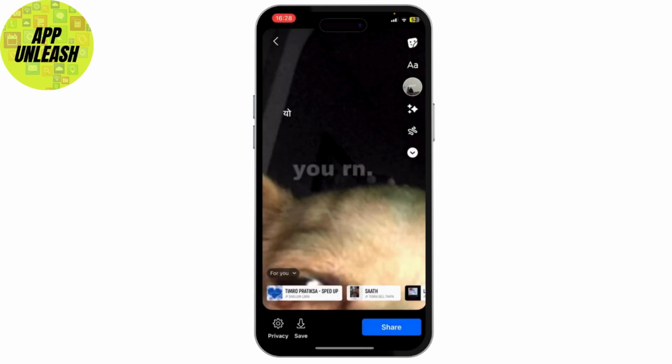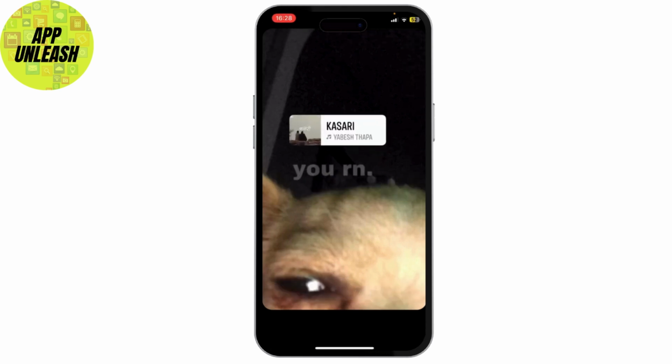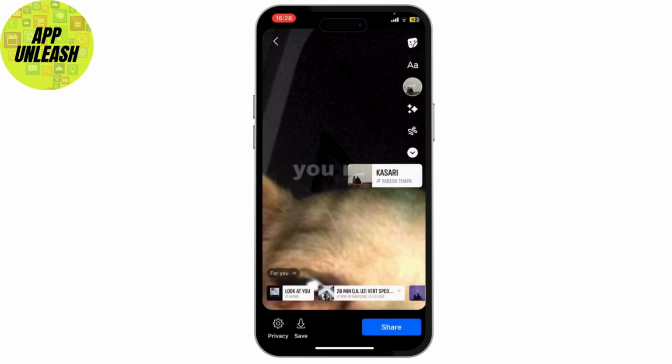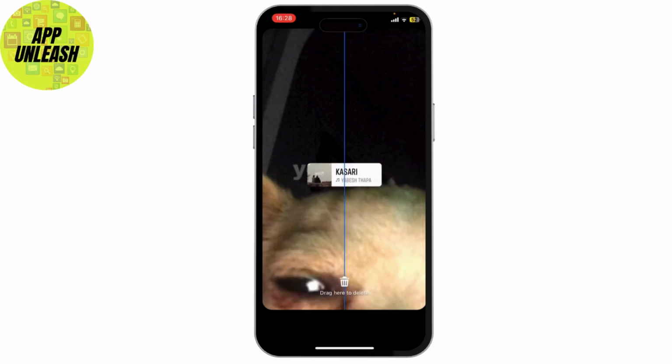And then the sticker pops up. This is the sticker I was talking about. Now if you drag it in the trash can, your music will get deleted. So what you can do is you can just either try to make your sticker so small that it